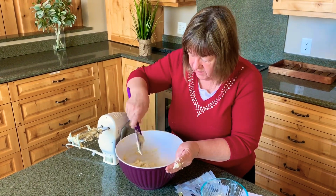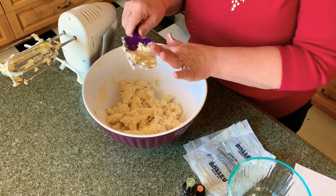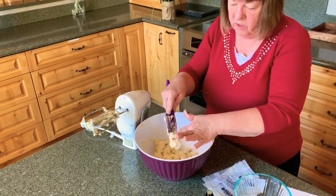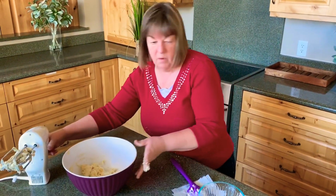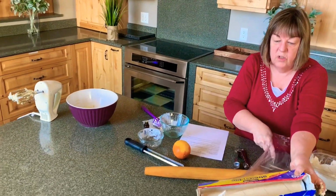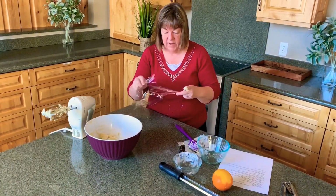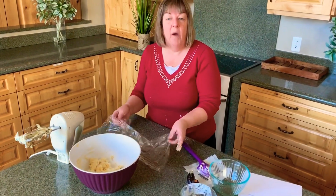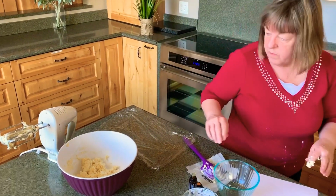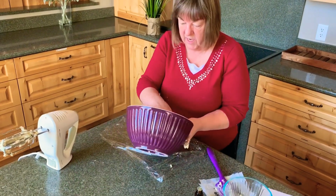Now you can see it's a little bit more sandy as I'm pulling that flour from the bottom of the bowl. This is actually going to be really easy to roll because, like I say, generally it is a little more sandy. I'm going to tip that out, and then we're going to take some saran, because you could do these in multiple ways. The way I've chosen to do them today is kind of like rectangle sticks, so that you could dip them into hot chocolate or tea or coffee or whatever your fancy is. To get it into a stick, we're going to